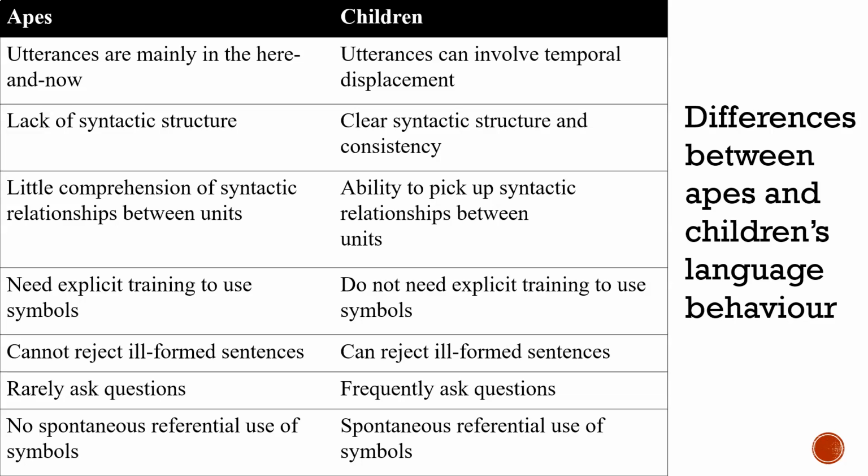Or when I was a child, I hated that game, but my cousins liked to play main kawin-kawin. How do you translate that? To act like you're the groom or bride. Okay, so that is pretend play, right? And children, from the cognitive perspective, are highly intelligent. Play pretend requires another level of intelligence. All right. So those are differences between apes and children's language behavior.